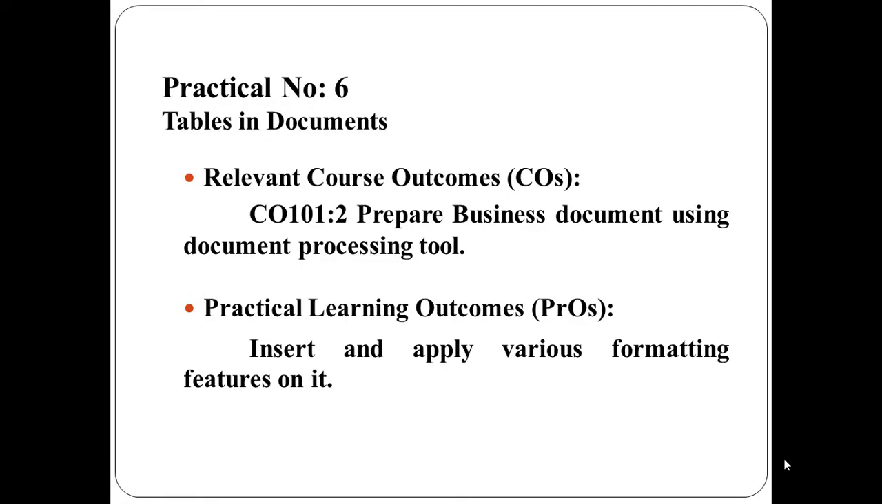The relevant course outcome is to prepare business documents using document processing tools. The practical learning outcome is to insert and apply various formatting features on a table. You must require the practical skills like creating tables in a document. You can format a table with given specifications. You need to insert and delete columns and rows in a table. You can also use features like borders and shading on the table, and merge and split cells